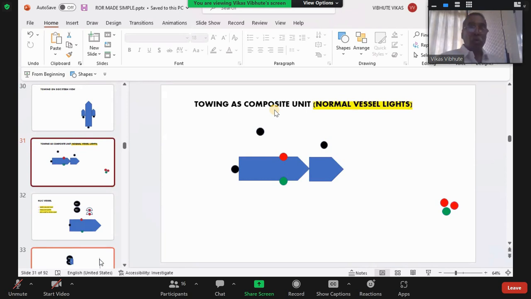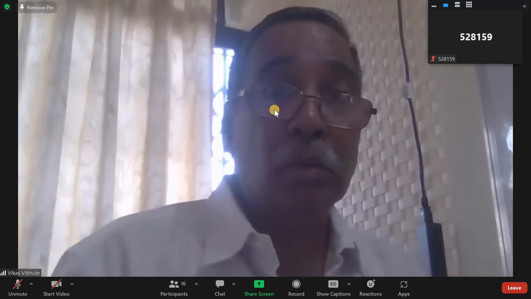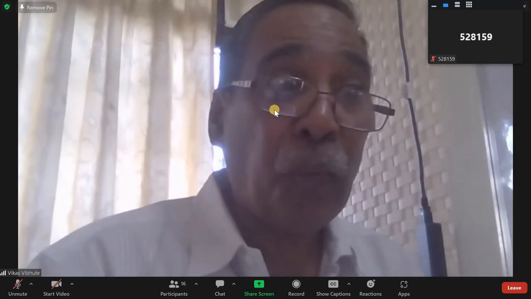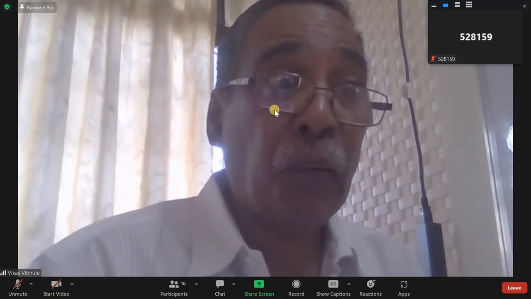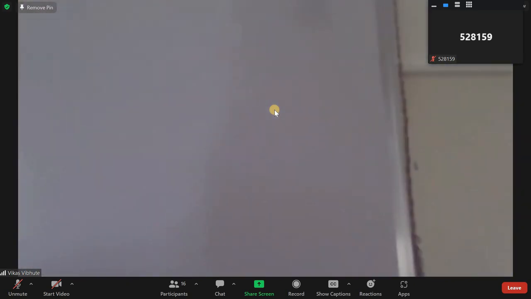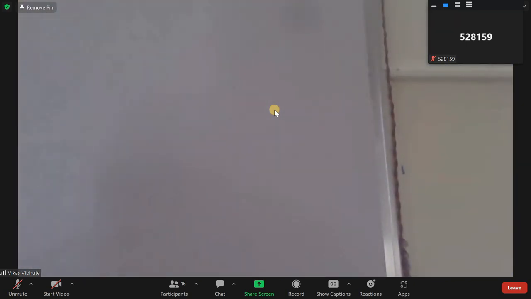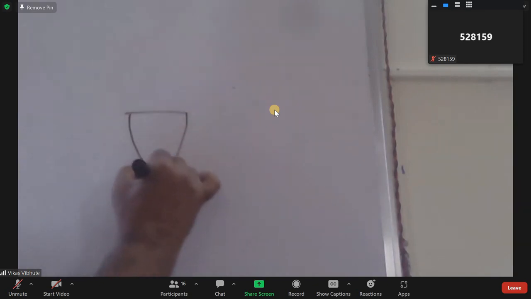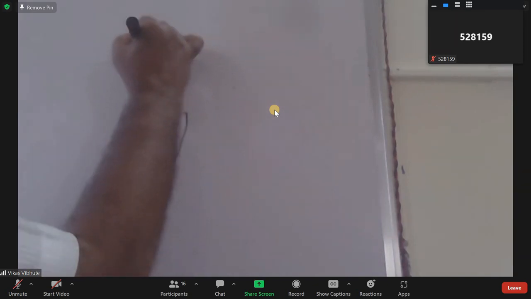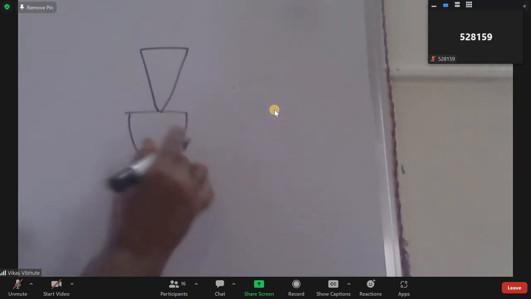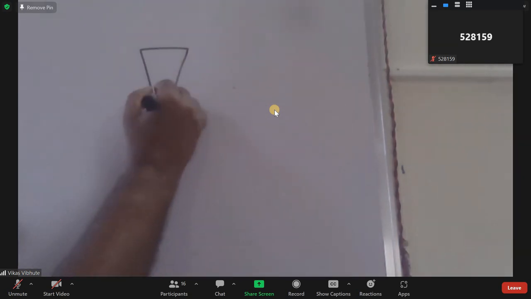Right. Now composite towing. Sir, this towing alongside and push ahead, they do not have to show towing light, correct, sir? I'm coming to that. Just see on the board now. We're talking about a composite unit. A vessel is pushing ahead. If she is pushing ahead, rigidly connected,